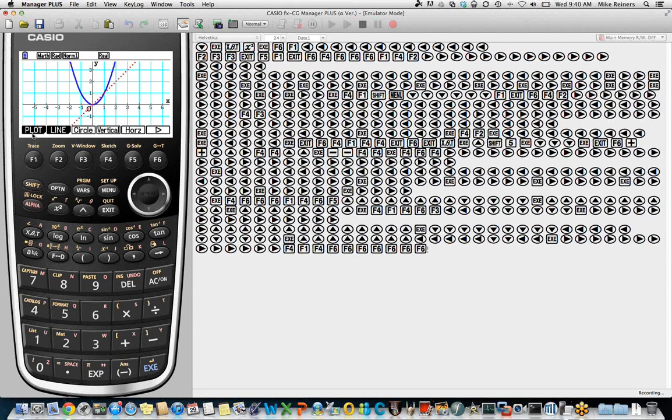So above F1 we see plot, and it's a dark background, which means this is actually a plot submenu. We press F1, we don't immediately get to do something. We actually have to choose one of these plot options. So we have plot, plot on, plot off, and plot change.